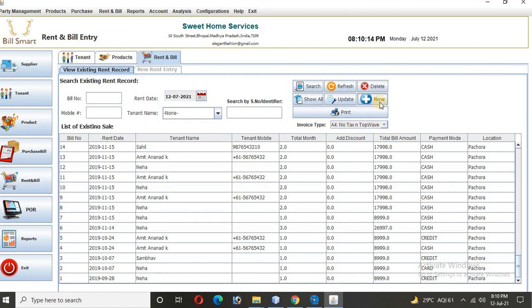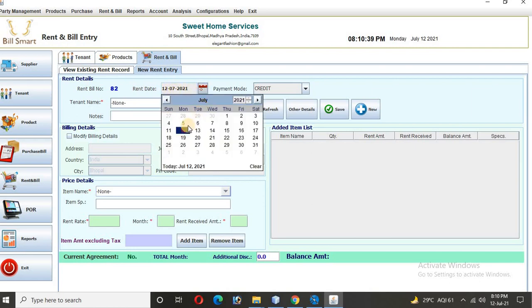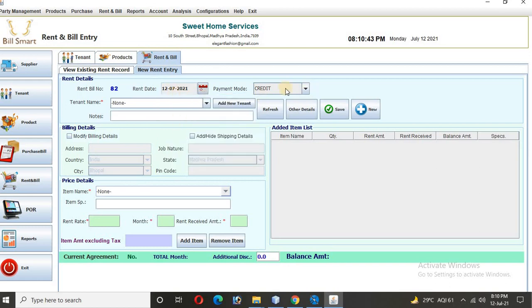We are generating a rent receipt for a tenant which we have just added, Hari Om Sharanam, and we are going to lease house number 17 to Hari Om Sharanam. So let me create a new rent receipt. Now as I created a new one, I see that a rent bill number, 82, is automatically generated. Today's date is automatically coming as the date the receipt is generated. You can actually change it to whichever date you want. So let it be the same one.